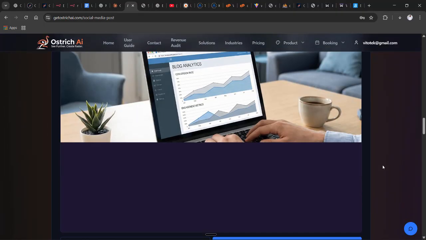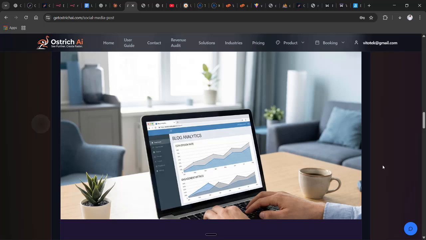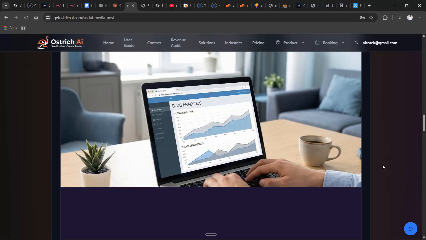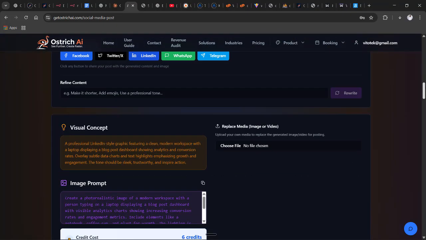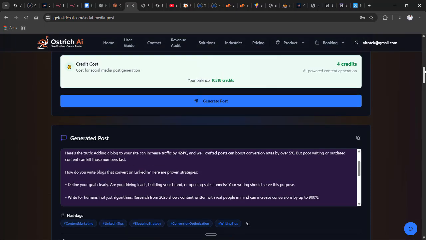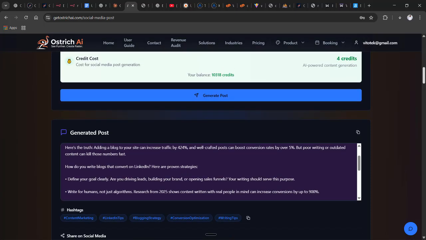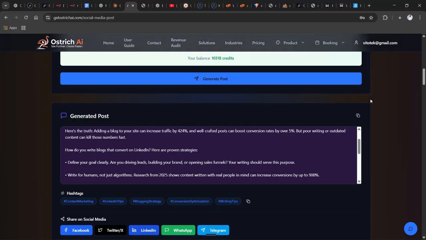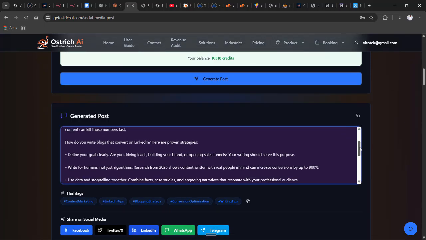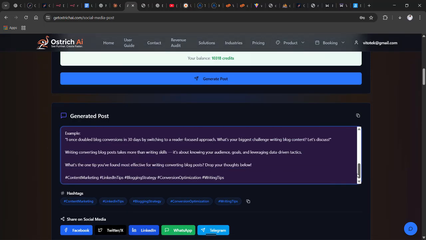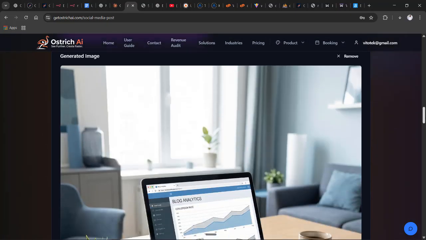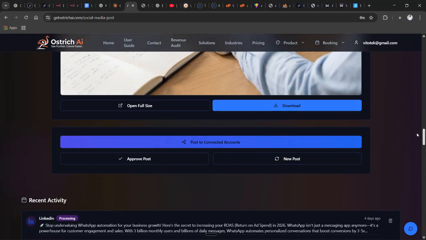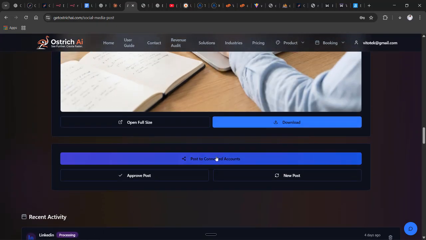Can you see now? See that the image you generated is perfect, very perfect for this. If you look at this, you can read it, then you can post. Though it's only LinkedIn that I generated it for, I can post it to all my